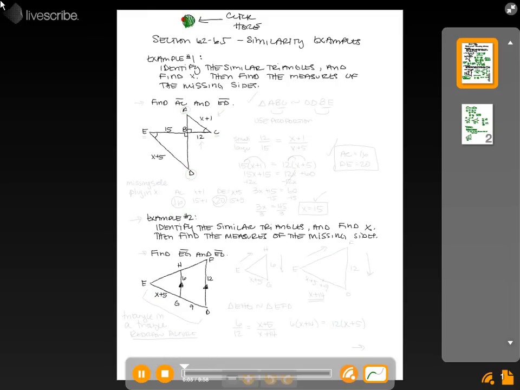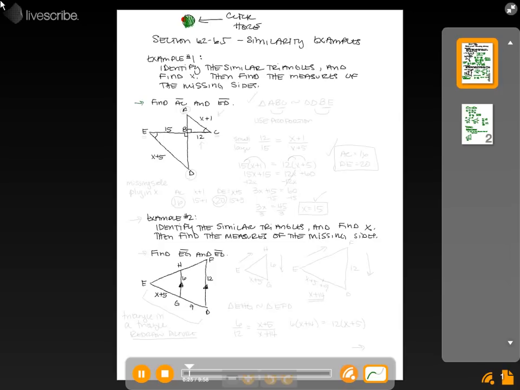Okay, these are our notes for section 6.2 to 6.5, and these are examples of similarity. Now, two examples where we would use this idea of similarity. We're going to jump right in. We're going to do the first one. The directions say to identify the similar triangles and find x. Then find the measures of the missing sides, and it tells us the missing sides they want us to find